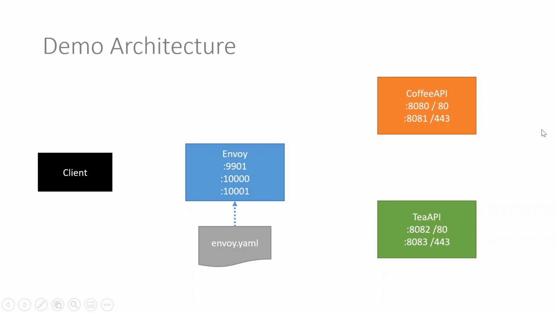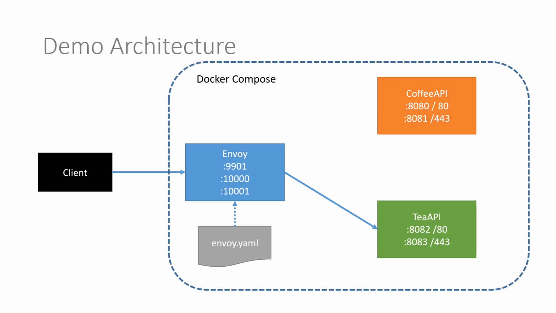So at a very high level, the client will make a request to Envoy on either 10,000 or 10,001, and again we'll step through the specific HTTPS use cases a bit later. I'm just showing you the routing example here. The request comes in, the client will form a URL in a particular way, and based on that URL pattern, Envoy will determine which API it wants to route to and pull back information for the client. So basically that's our routing scenario.